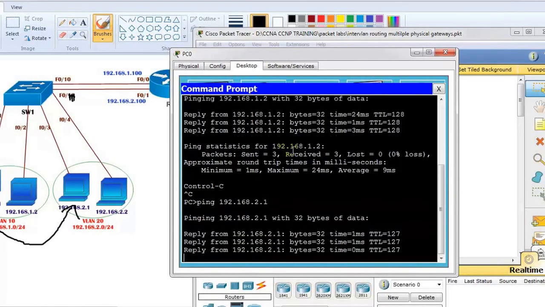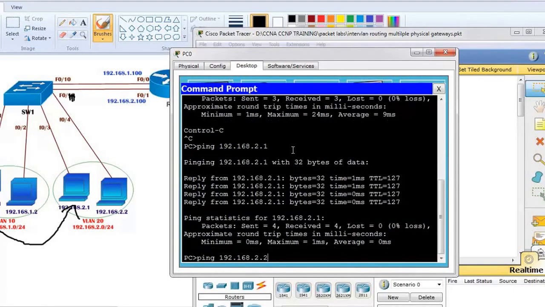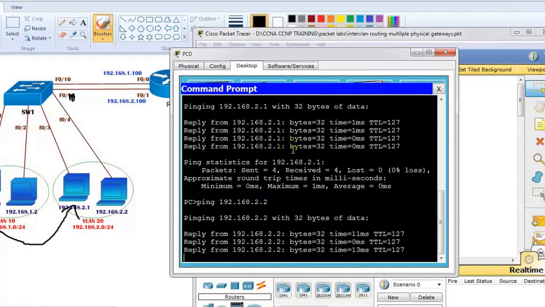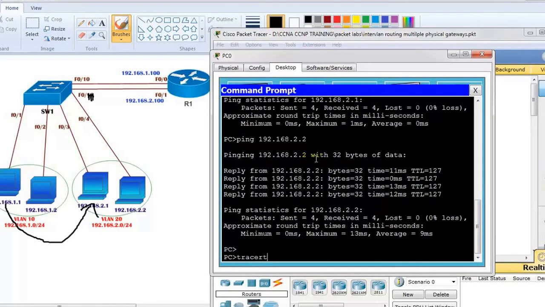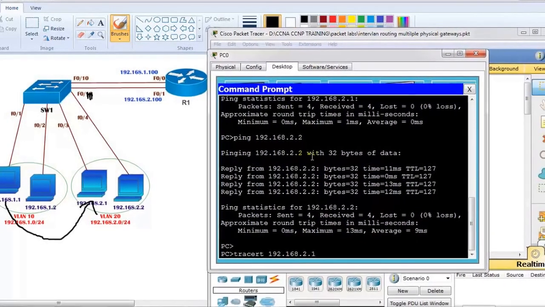Now if you try to ping 2.1 or 2.2, which is a different network and a different VLAN, you can still communicate. If you try the tracert command for verification, to trace how the packet is traveling,